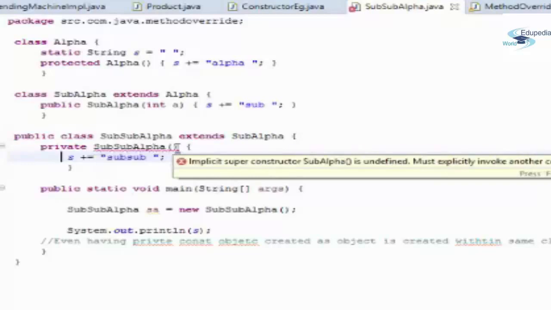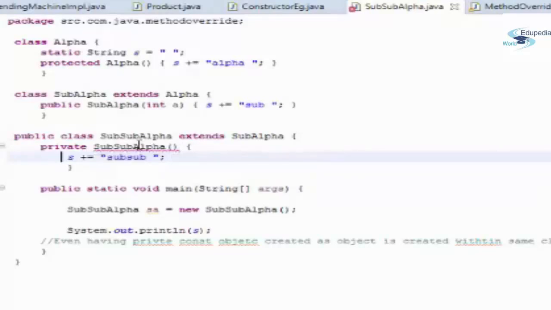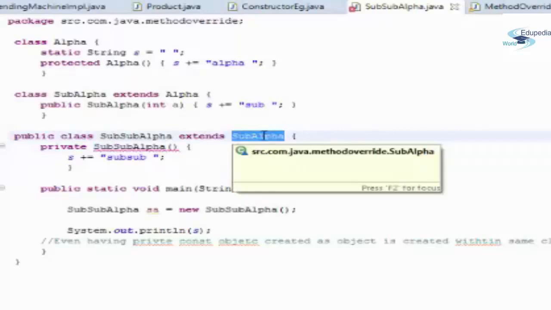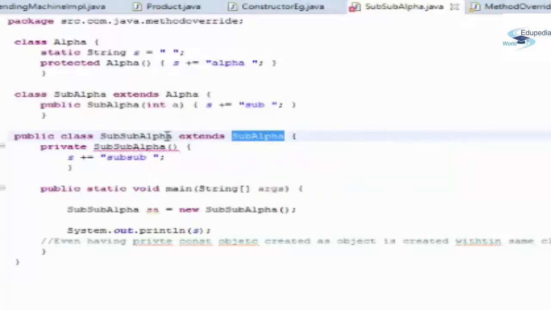Why so? Because as I have told you, each and every constructor actually calls the super constructor. So sub alpha is trying to find the super constructor of sub alpha, and it will only be trying to find the no-argument, that is the default, constructor. But in this class we do not have any default constructor, and since we have a parameterized constructor, the default constructor is overridden.